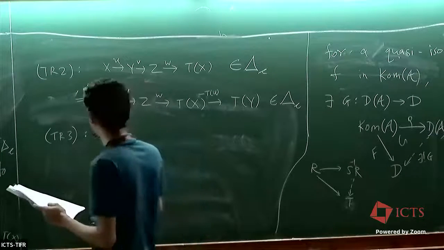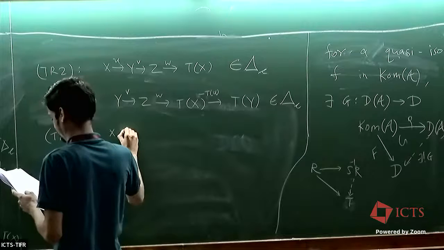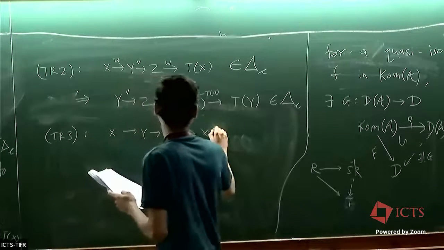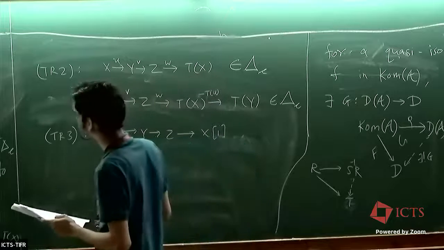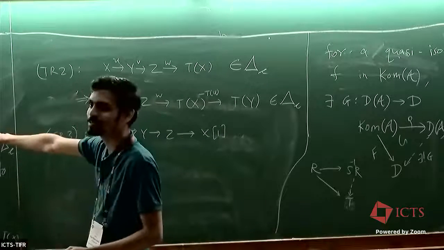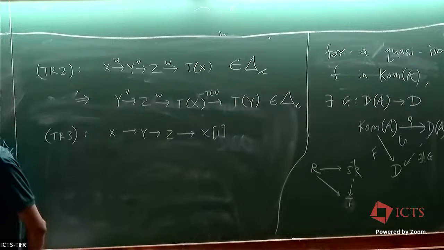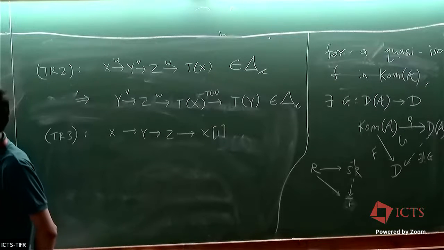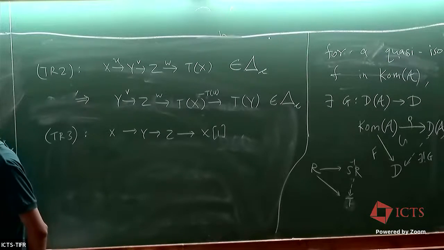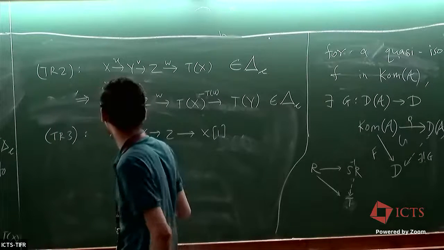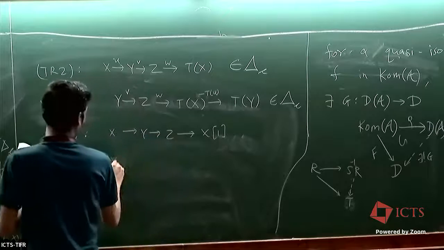And the third axiom is that... okay, so just to recall, we're defining a triangulated category. The data given to us is a category, an automorphism functor, and a collection of triangles. This is a triangulated category if it satisfies these axioms. So what is the third axiom? It is that